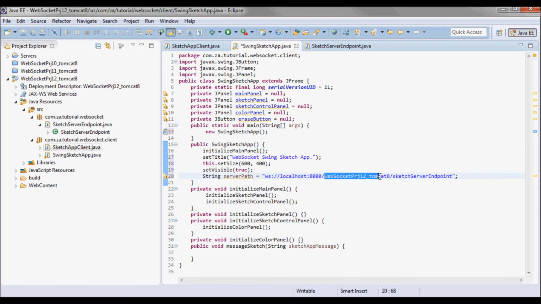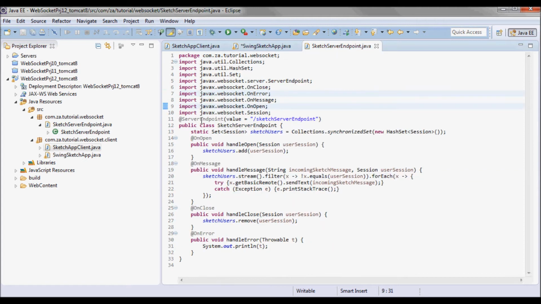So this is the project name, and then sketch server endpoint is what we annotated the server endpoint.